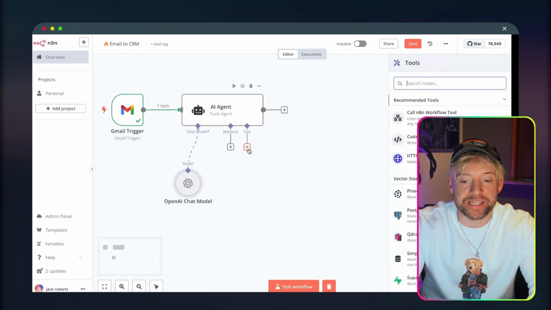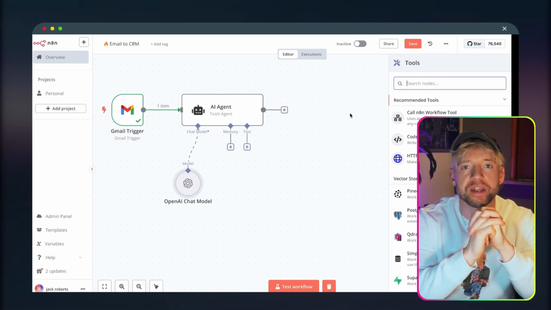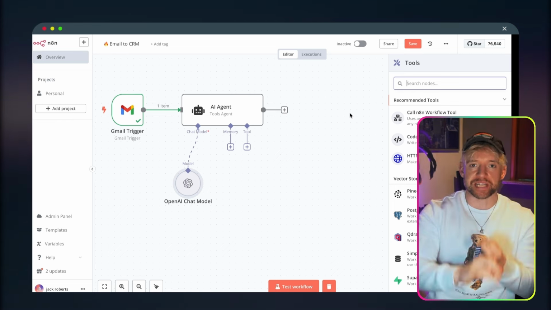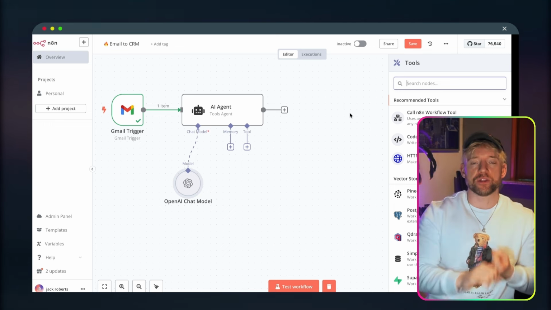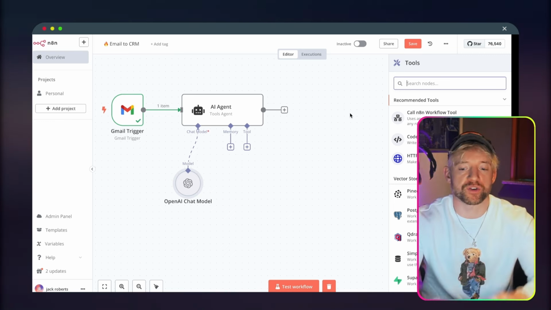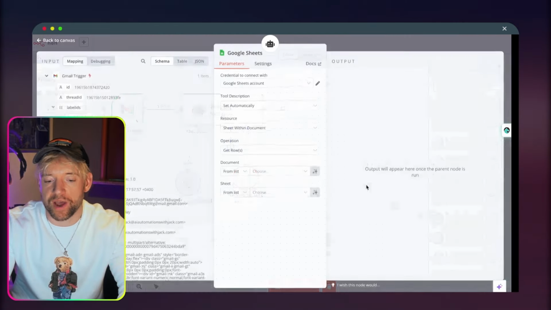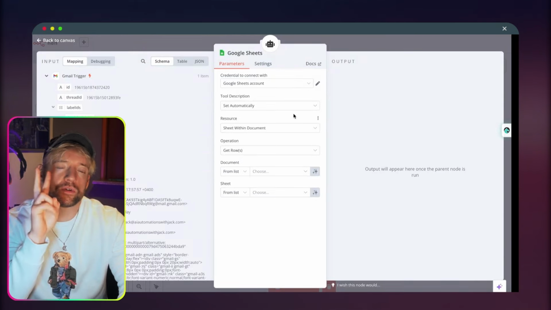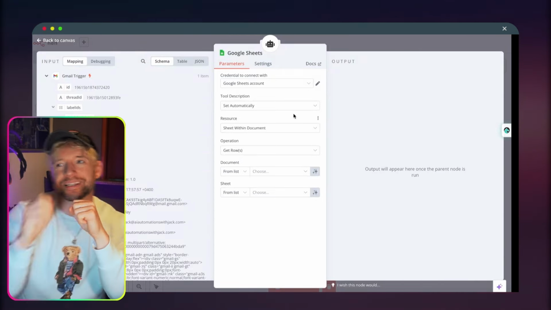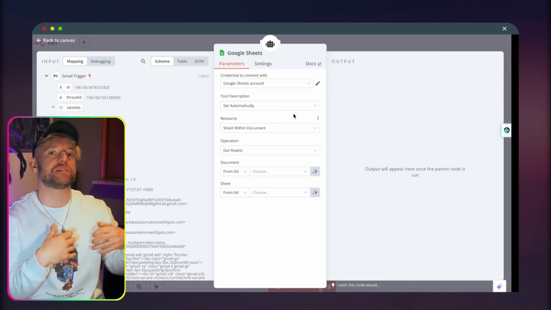Now, what we're gonna do is add, let's do this on Google Sheets, one I prepared earlier, but in essence, it could go to ClickUp, it could go to Slack, it could go to anything you could possibly imagine, WhatsApp, Telegram, your CRM of choice. I'm gonna do Google Sheets to keep this beautifully nice and simple. Google Sheets on the right-hand side. Now, I wanna give two tools here. The first one is gonna be its ability to read the thing, and